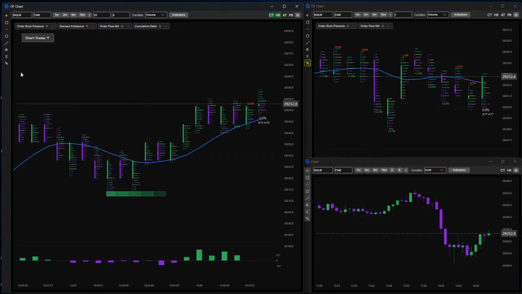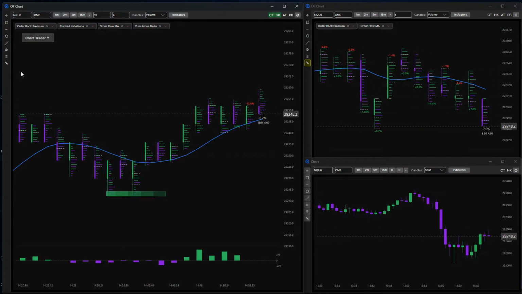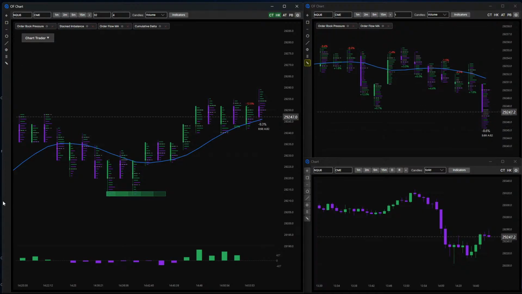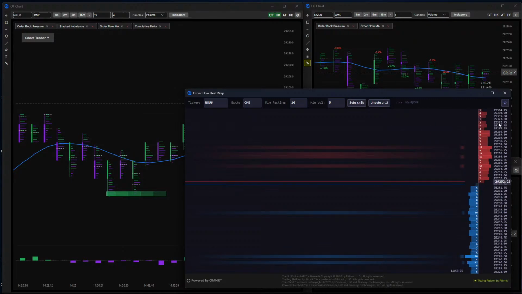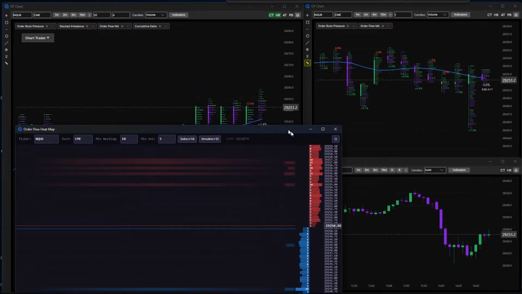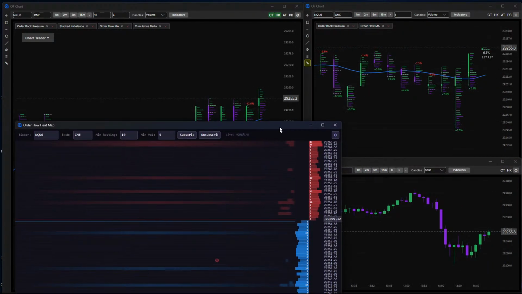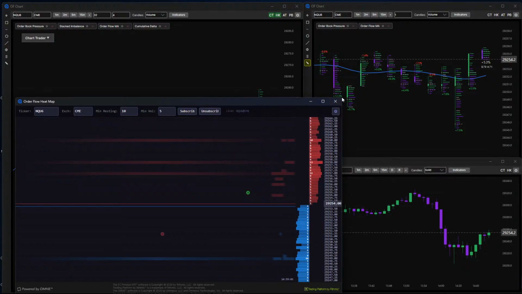Do you find the heat map valuable? Yes, heat maps are valuable. Yes, they are. I've just traded off of a DOM for so many years that I just don't use the heat map that much. I find it valuable because what I can do with it